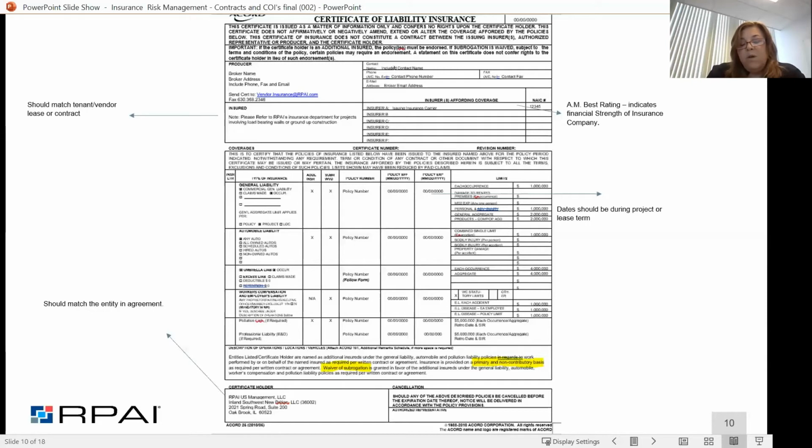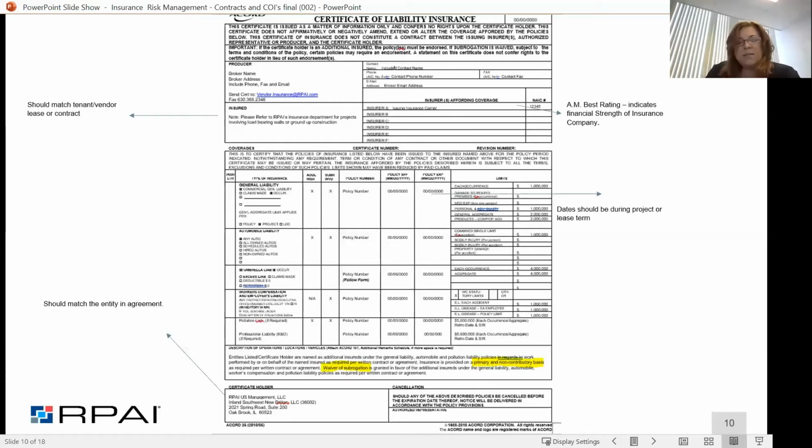So if they issue a certificate of insurance and it shows they're about to expire, you want to make sure that you're following it up. If the job's going to take several months and they expire in between there, you want to make sure you get the renewal certificate. And then again, the final column, they're going to list the limits of the insurance that are carried on that policy. And this is where you're going to want to match it up to the insurance limits that are required within your contract. So there's a lot of back and forth looking at what's required and what's not required.